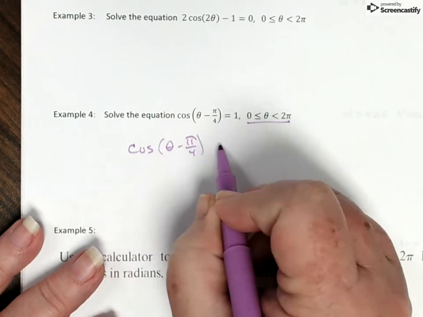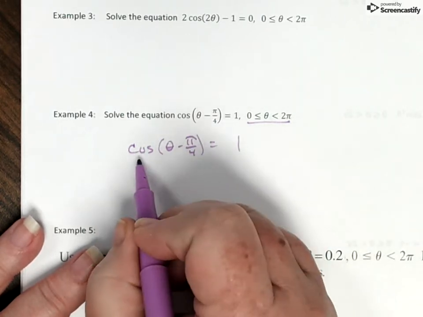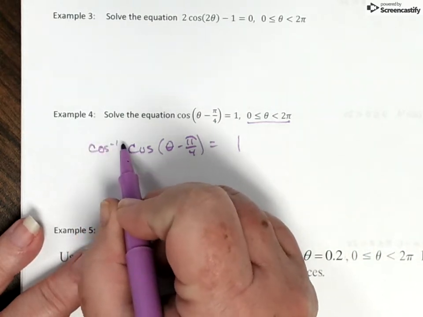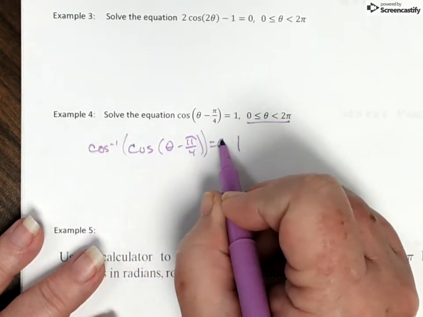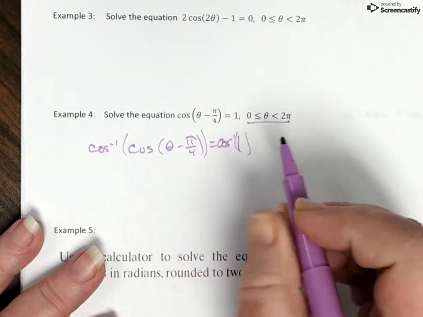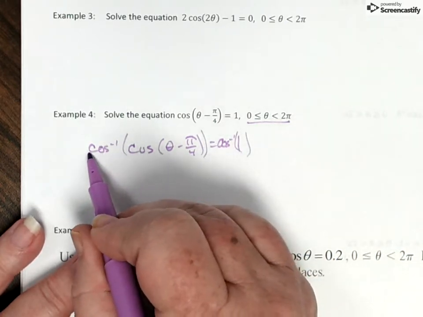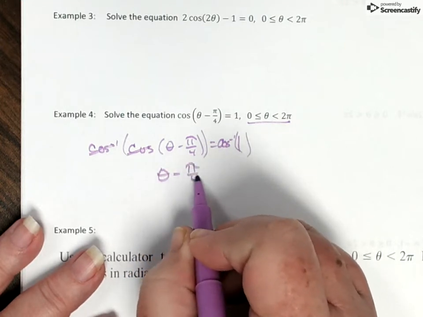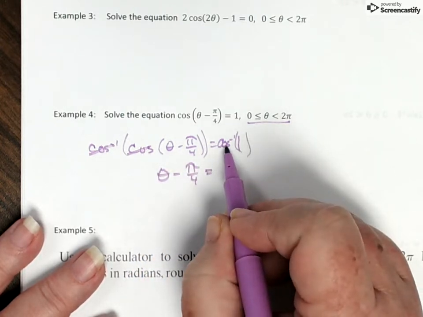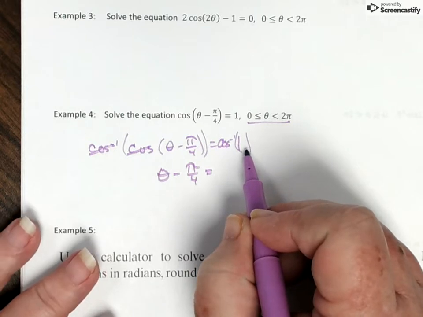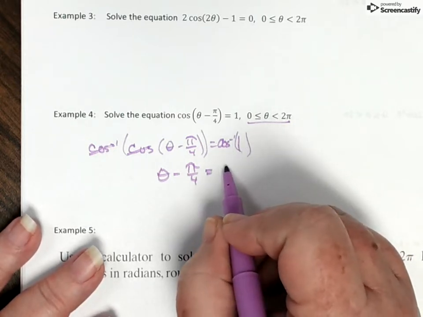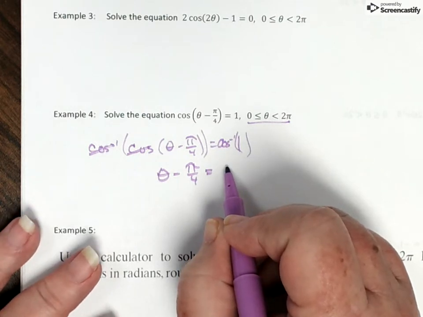both sides. So let me write the problem and recognize that in order to undo the cosine operation, I'm going to do the inverse cosine of both sides. So inverse cosine undoes cosine, leaving me with theta minus pi over 4. Where is the inverse cosine of 1? Look at your unit circle, find where your cosine value is 1, and recognize that that happens at 0 and